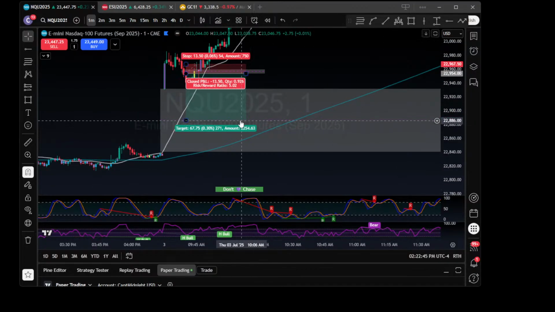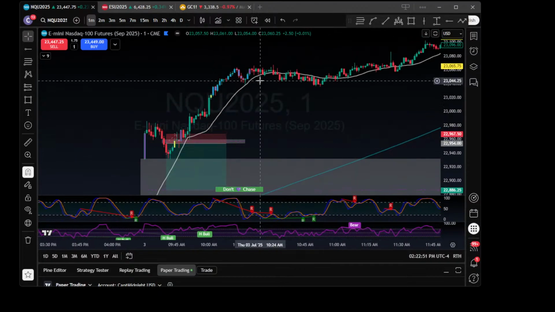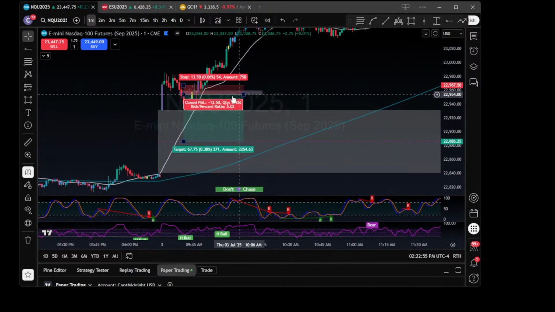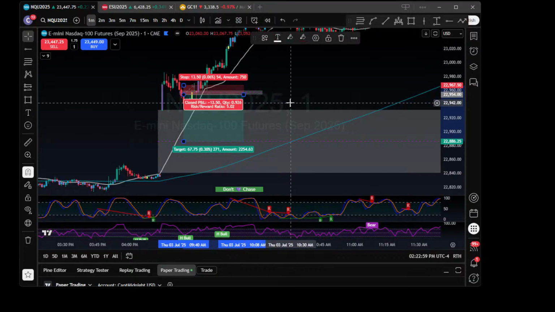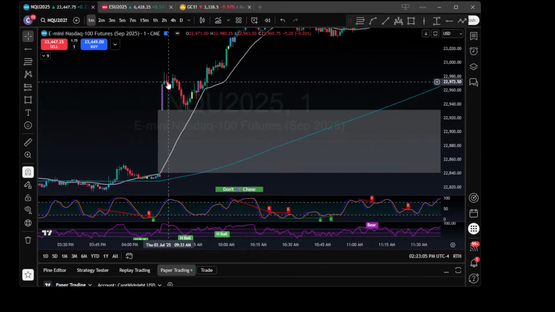There's also, ICT says if there's a gigantic gap like this, the likelihood is that it's actually going to continue, and this one did. So it all depends on how you're looking at this one, if it failed or not. If you're looking for a long, it worked. If you're looking for a short, it didn't. I would probably be looking for a long since it rejected here, and this has a huge gap.